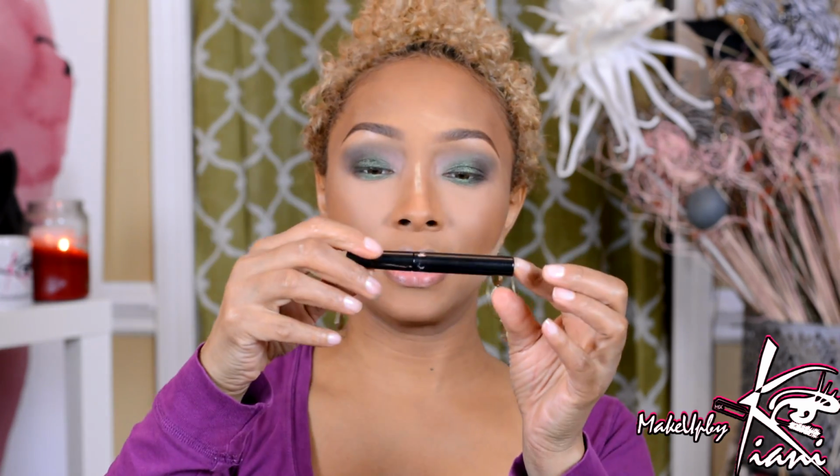A little cleanup. I'm going to grab my NYC Liquid Eye Liner, and oh my god, you guys, I have tried so many liquid eyeliners, and my favorite one is this one. I've tried the NYX, and for some reason, I don't know if it dries too quick or if it's too waxy. I'm not quite sure yet. I'll let you guys know when I figure it out, but I love the NYC better than the NYX. So the brushes are about the same, but what happens is,